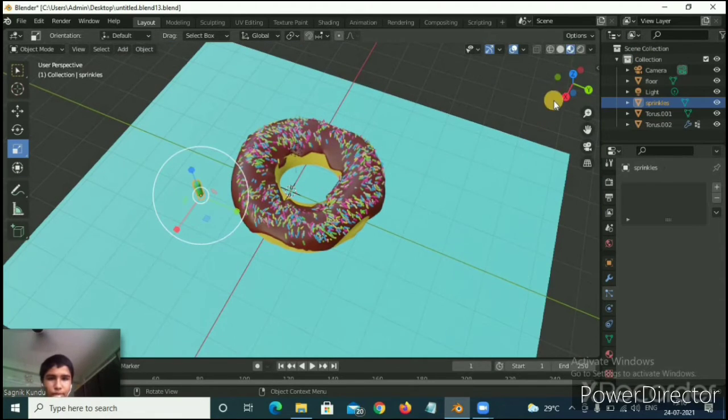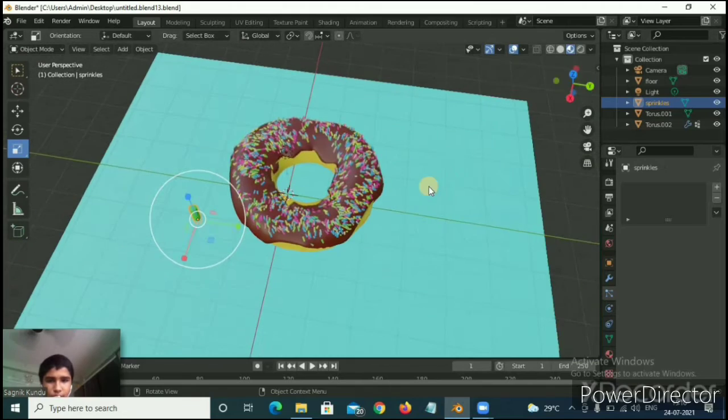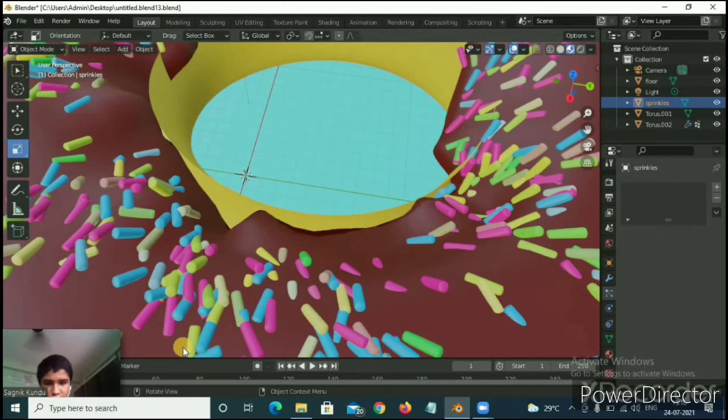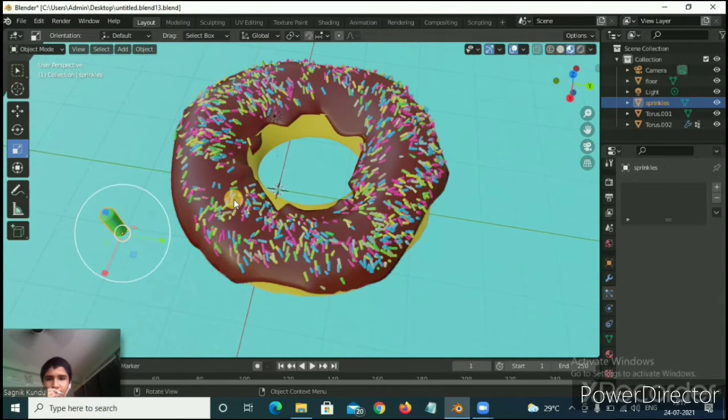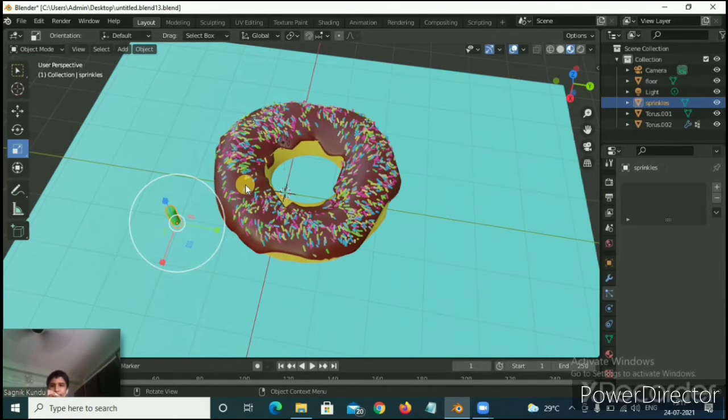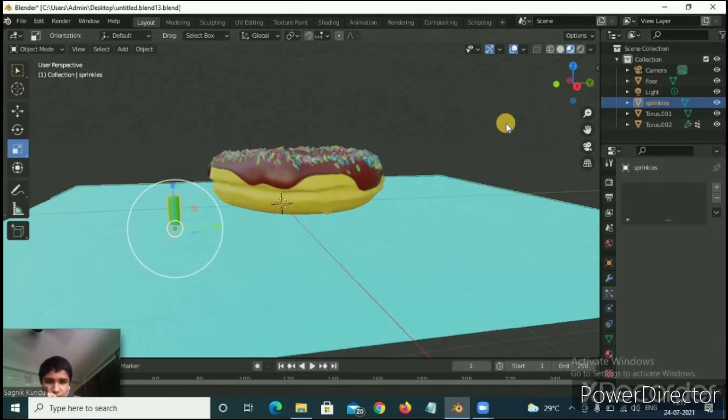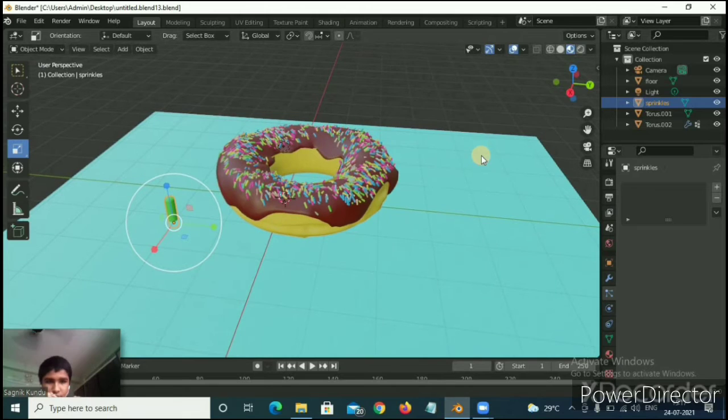So now if you can see the sprinkles, you can see that all are the same shape that the sphere contains. Okay, and all sprinkles are mostly irregular in shape, not regular. So I want to slant them and all, and I do not want them in a straight line. Okay, so what I will do now,